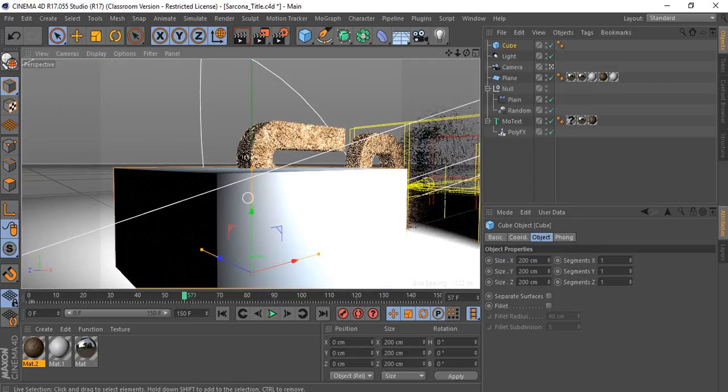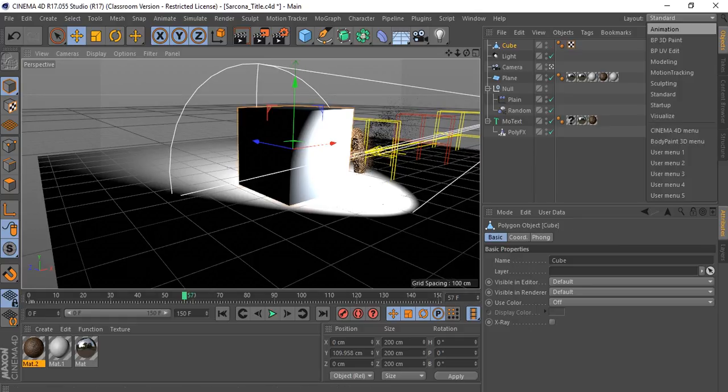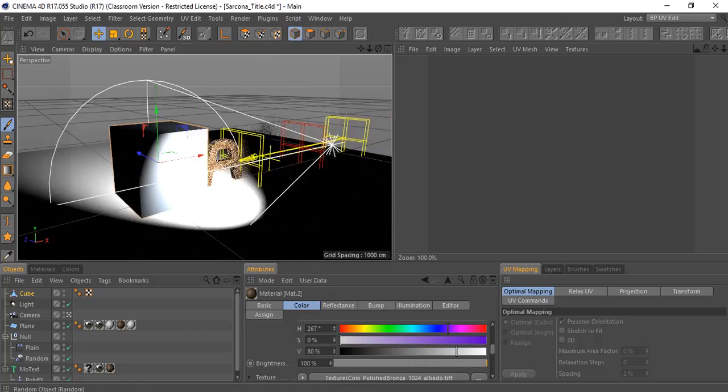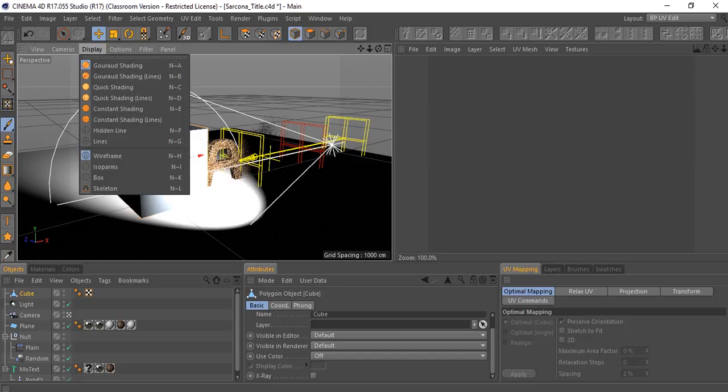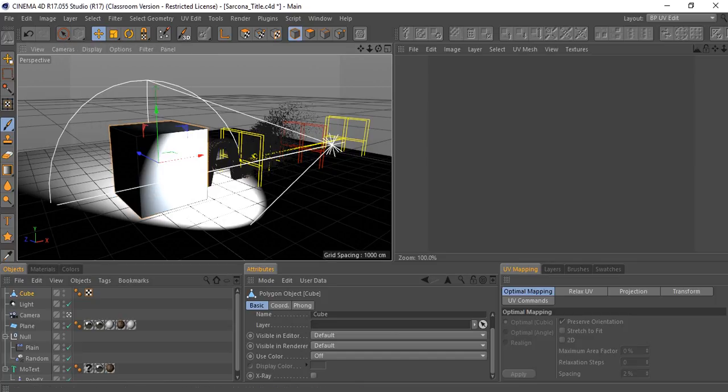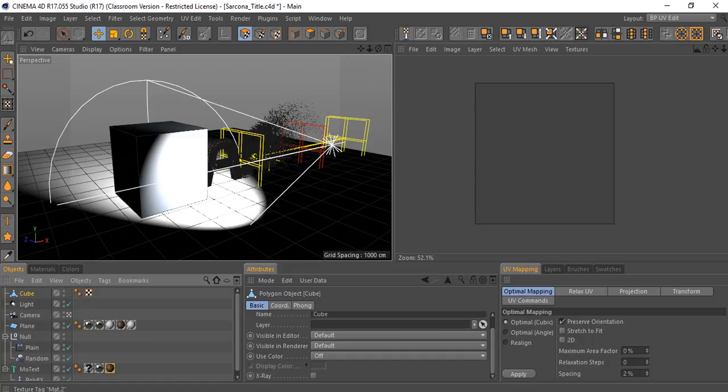Just so you can see what it looks like for an object, I'm going to grab this cube and go into the UV map so you can see what this looks like. Display. Why aren't you showing it? There it is. See this box right here? That's the UVs for that. So if I were to drop a texture on there,